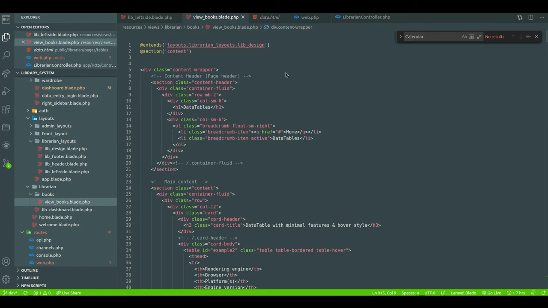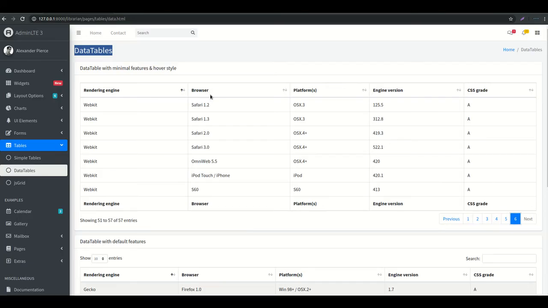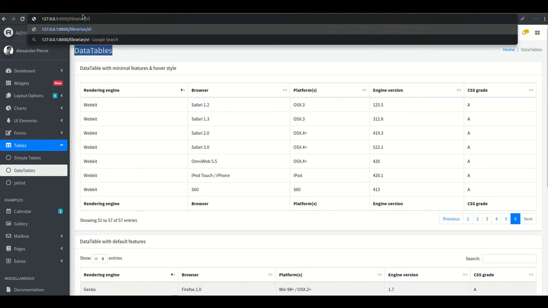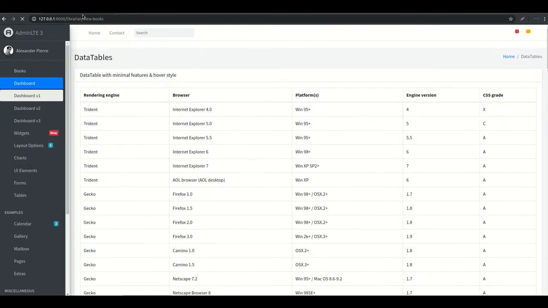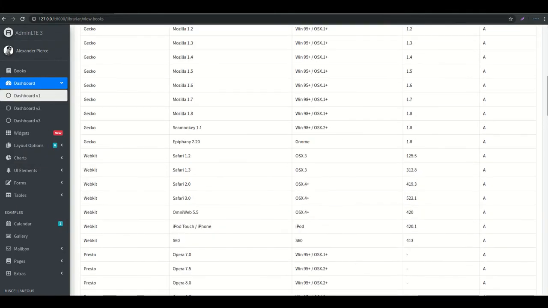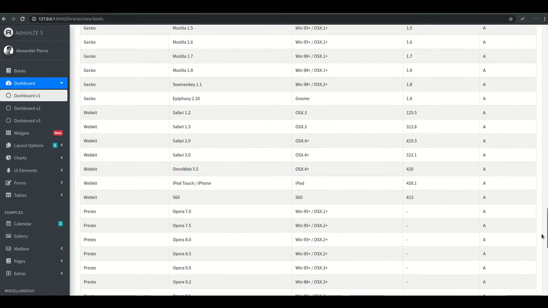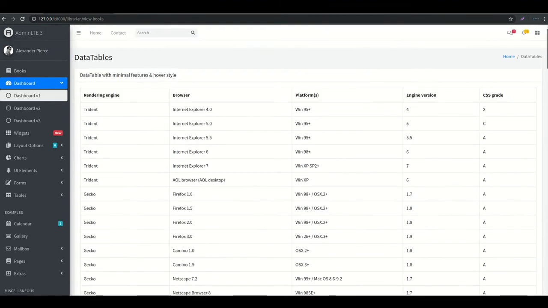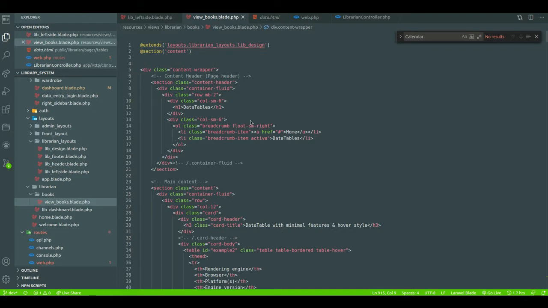So if we are routing this one, means library, and then view books, then you can also see this table. Okay, we need to just modify it. In here the data table is not working. Okay, that I know why this is not working.